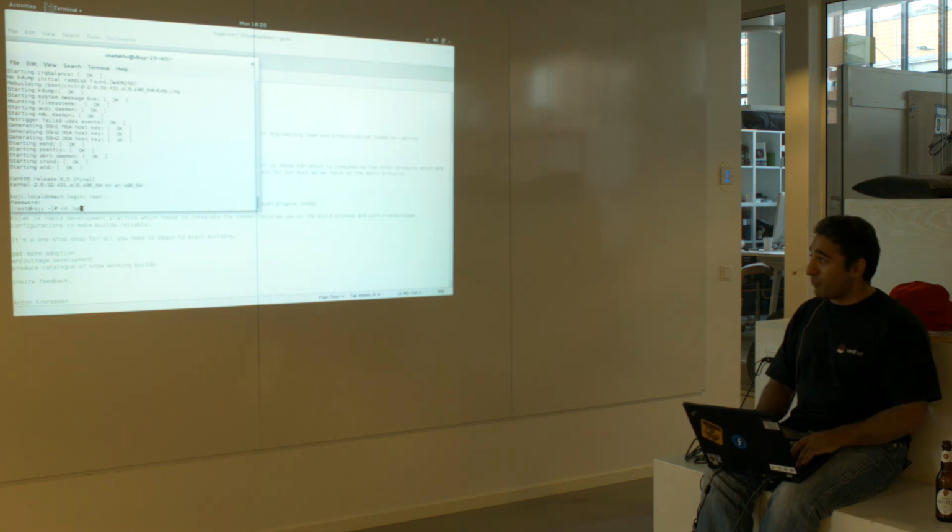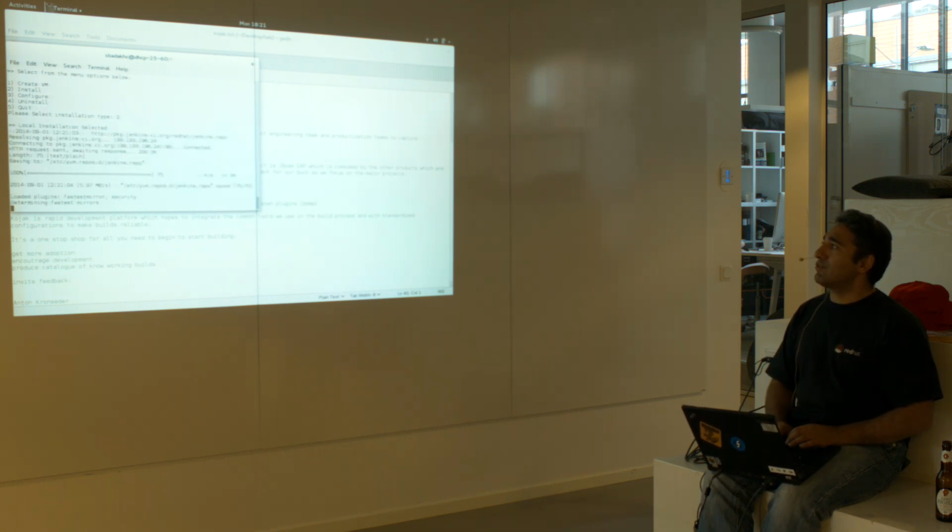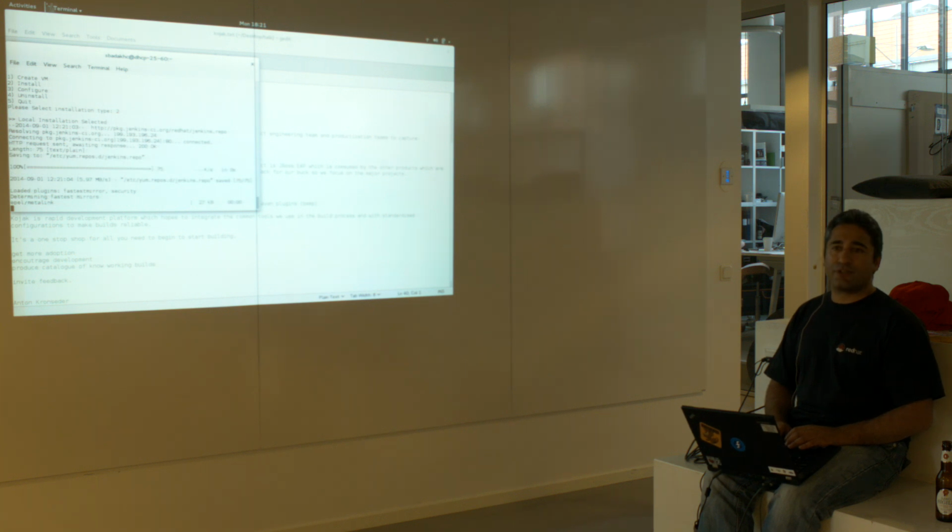Once you've logged in, there will be another Kojak in there, and this time when we fire up the menu, we will go for an installation option, which is option number 2, and hopefully it will go off now and retrieve. So in this first instance, we've just created a virtual machine. And if nothing else, you can use the Kojak scripts to create virtual machines that you can use for anything you like, which is kind of nice.